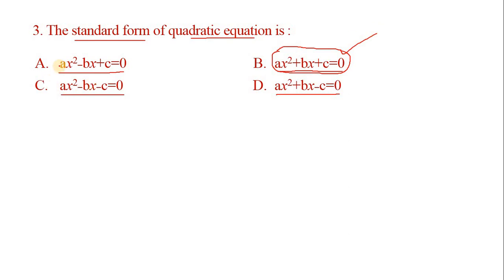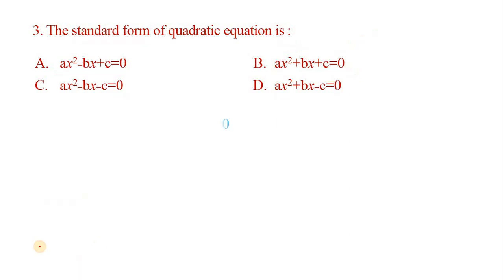Observe all the options. In all the options we have the same terms, so the terms have not changed. But if you take any standard form, either the quadratic equation standard form, the pair of linear equations standard form, the linear equation in 2 variables or in 1 variable, in all standard forms the terms between will have positive signs. Hence we can take B as the correct option, that is ax² + bx + c = 0. That is a direct question.